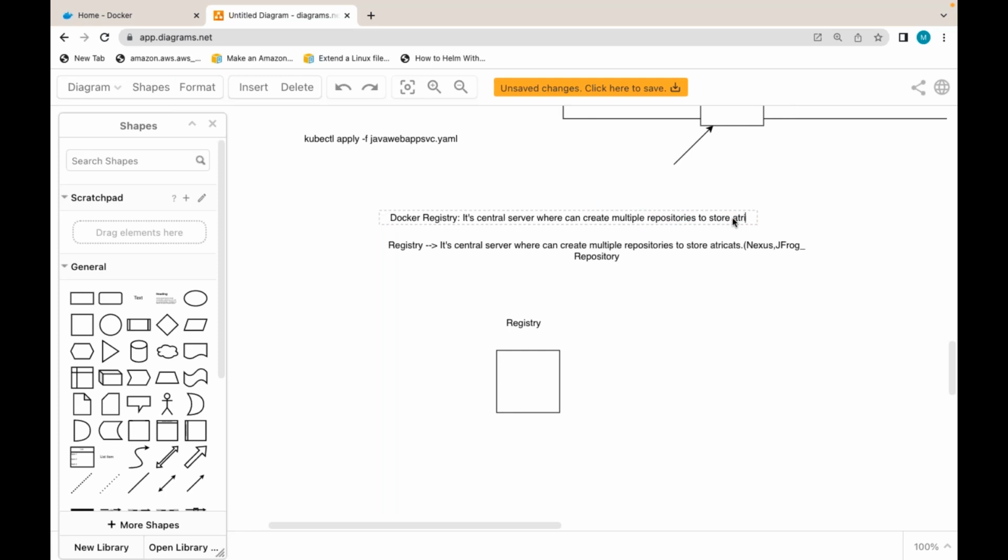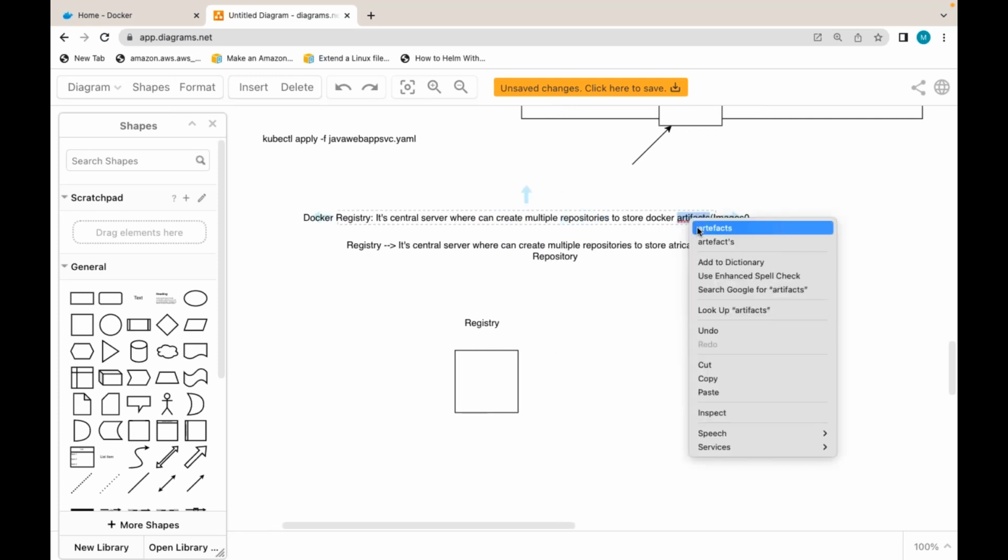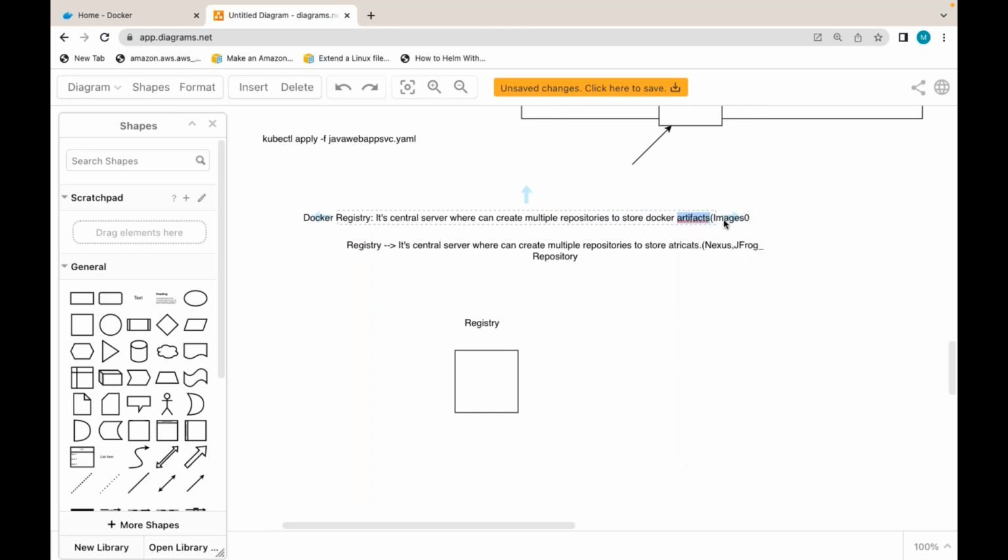Docker artifacts are nothing but Docker images.